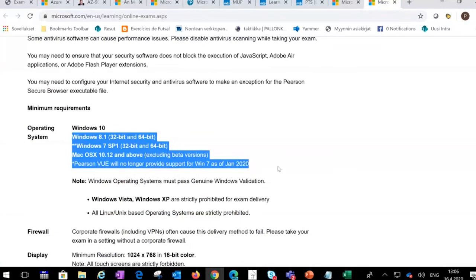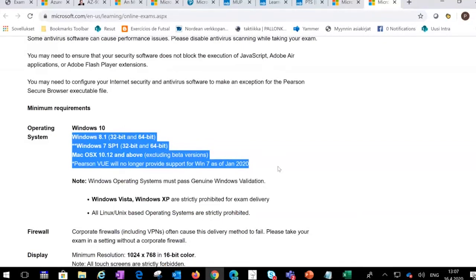And Petri, if you fail in the first attempt, how many attempts are allowed after that? I don't know if there's any limit to how many times you can try it, but like I said, there's this retake policy. After the first fail, 24 hours, and after the second fail, 2 weeks, and I don't remember the rest. But I'm sure that if you use these tools and materials which I gave to you, you're going to pass.